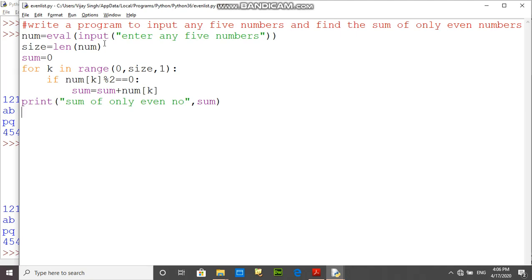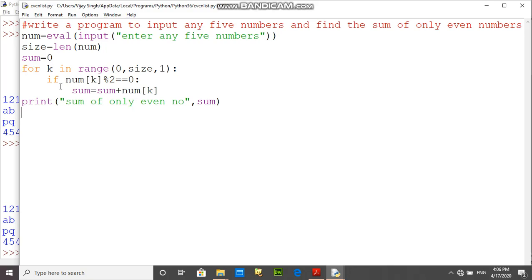By using this function we can directly take the values in the list, and after that we have to find the length of this list, and the starting value of sum equals 0, and we have to execute this program 5 times.